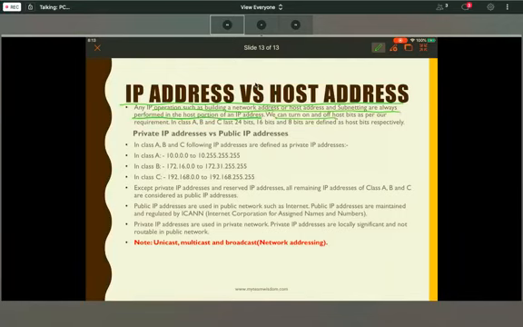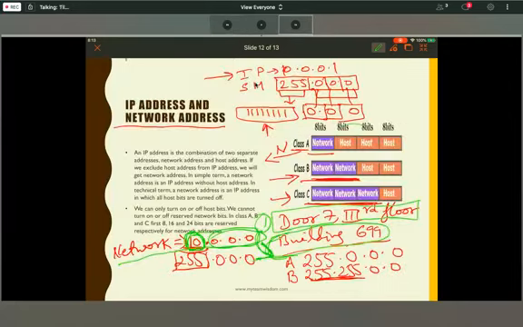In class A, B, C, the last 24 bits, for class A, 24 bits belong to the host part, correct? For class B, the last two octets, 16 bits, belong to host. And class C, only the last 8 bits belong to the host part.